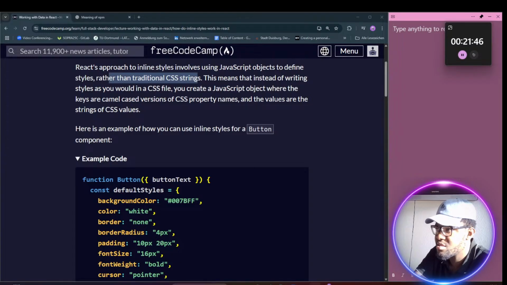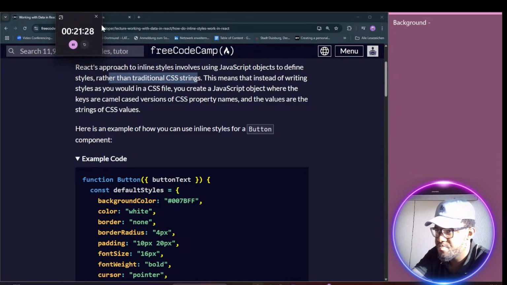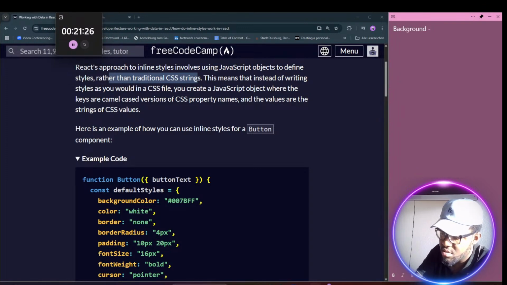let me think about a CSS property. Padding, no, background color, let's say background color. Normally if I write it inside a CSS file, I'll write it like this. Color like this. But in React, when we talk about inline styling, the attributes or the key will